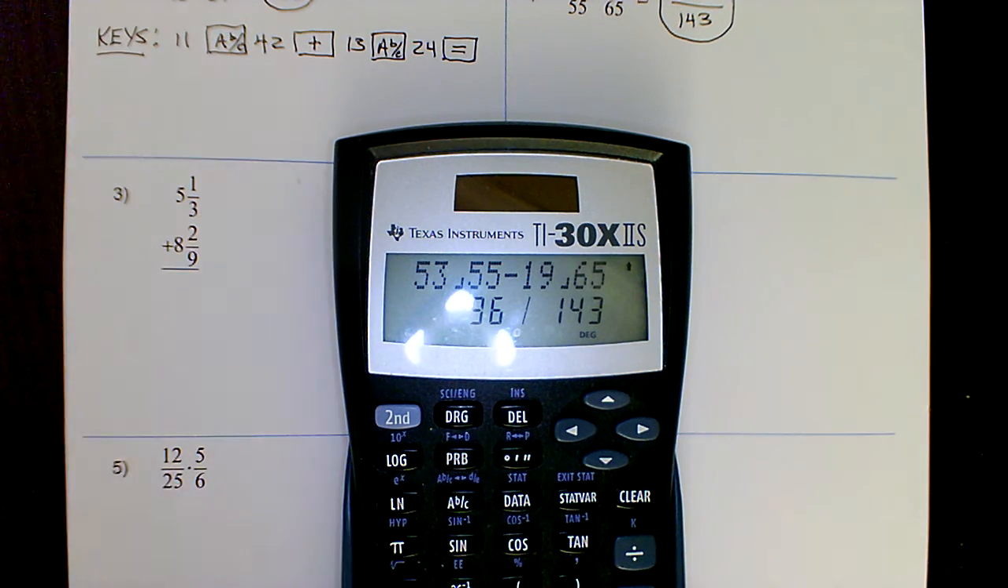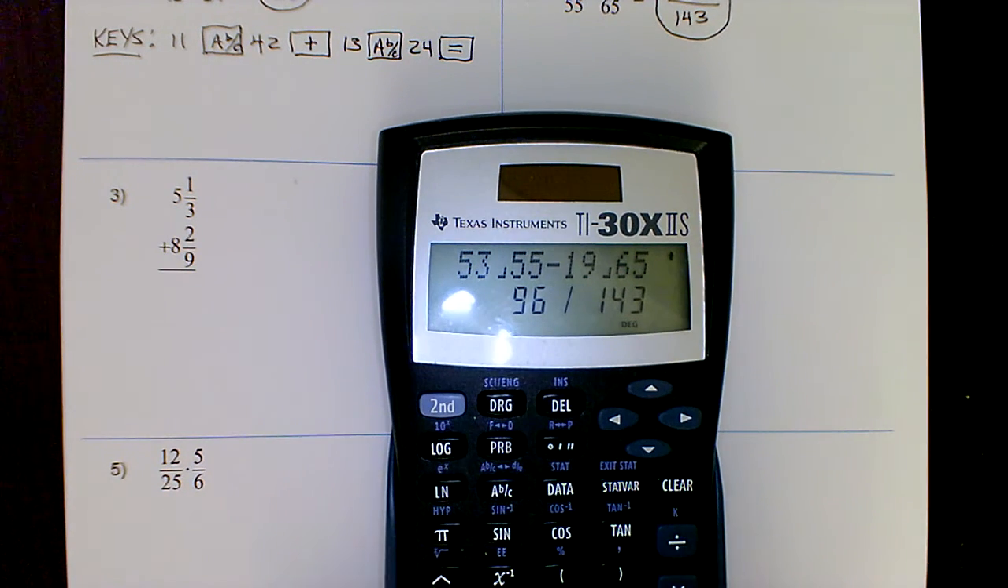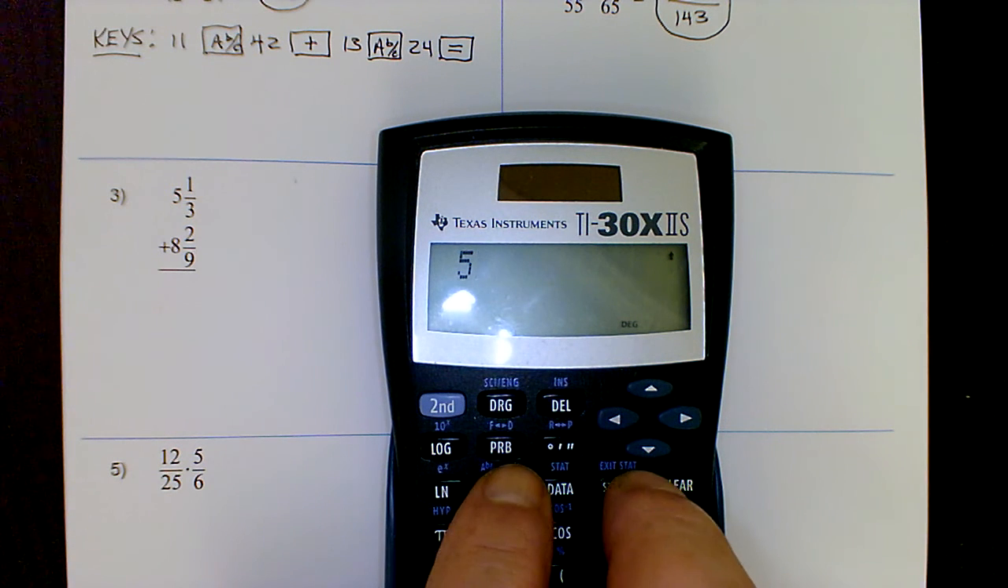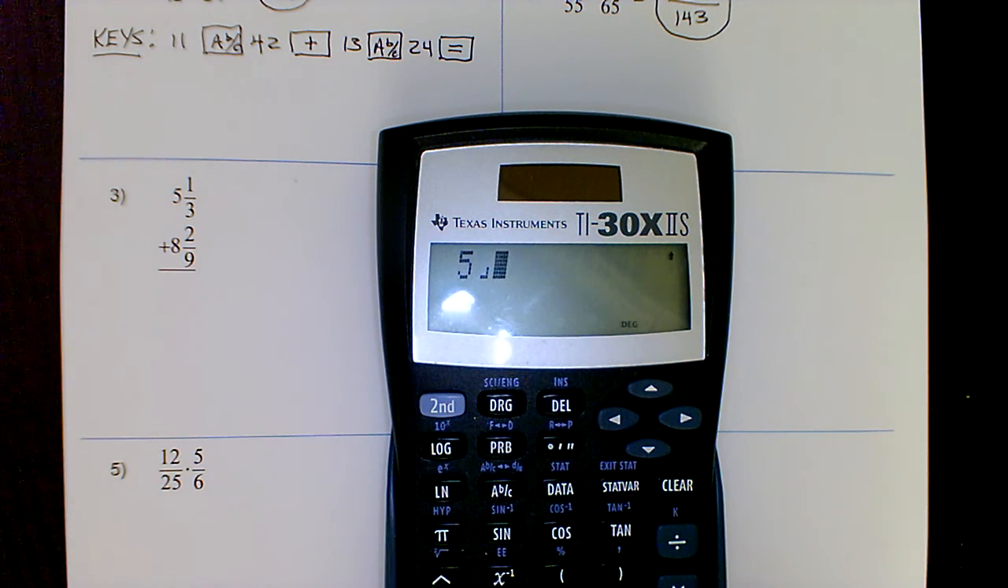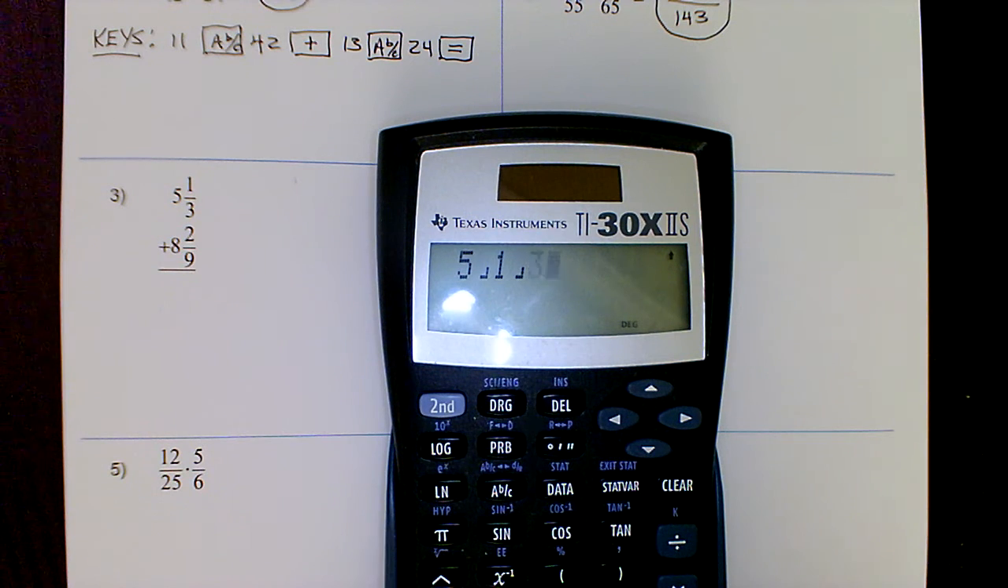So again, let's do the keystrokes for this as well. The keys are 5, fraction key, putting a little fraction key in the box there, 3. Okay, so that's 5 1/3, and now we want to add, so plus. And then do the same thing, 8,